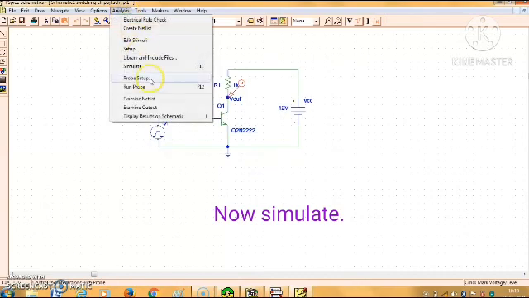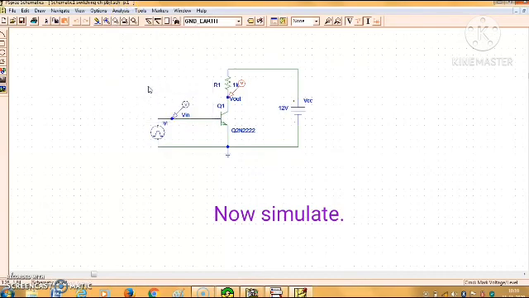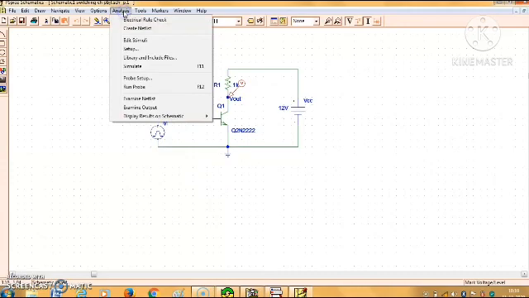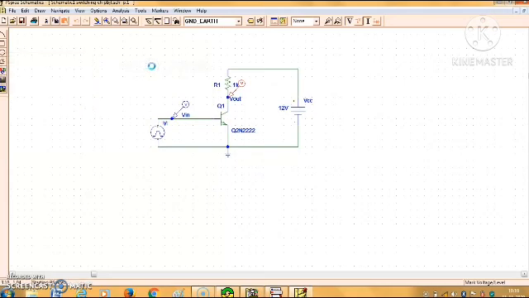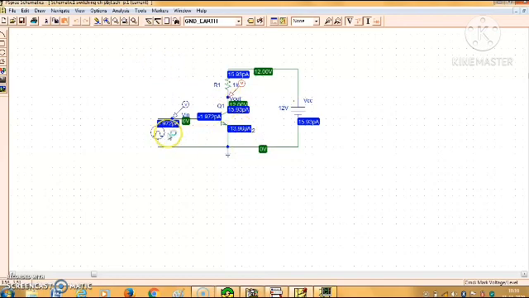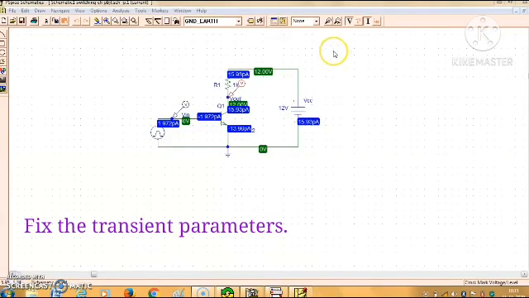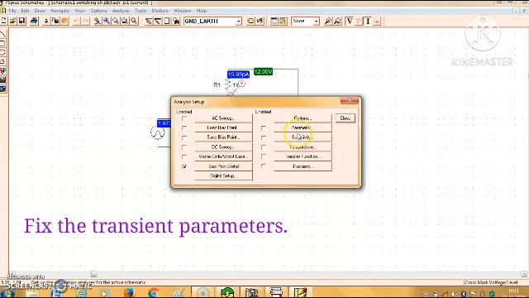Now simulate your project. Click Analysis and Simulate. One more thing is very important, that you have to set the transient parameters to visualize the waveforms.